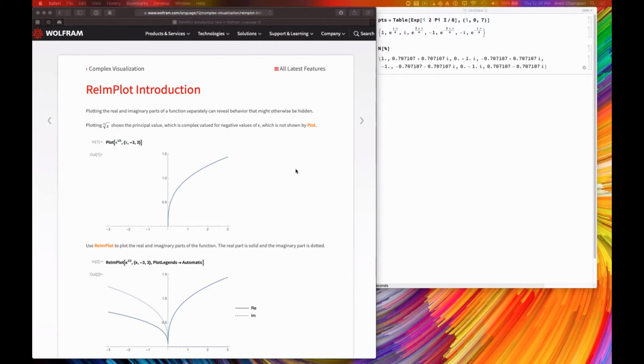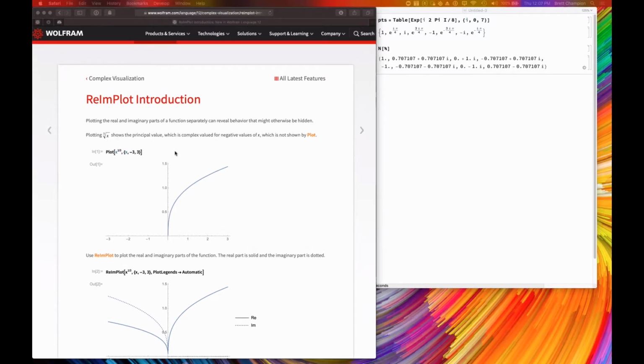This is done via principal value, and so there's of course 3 solutions to y equals x cubed, if you solve for y or solve for x, and we plot one of them,